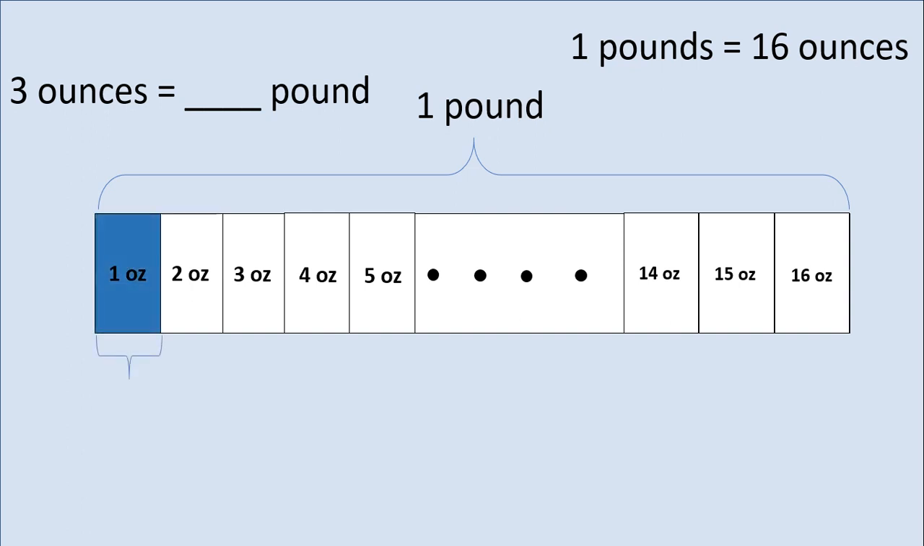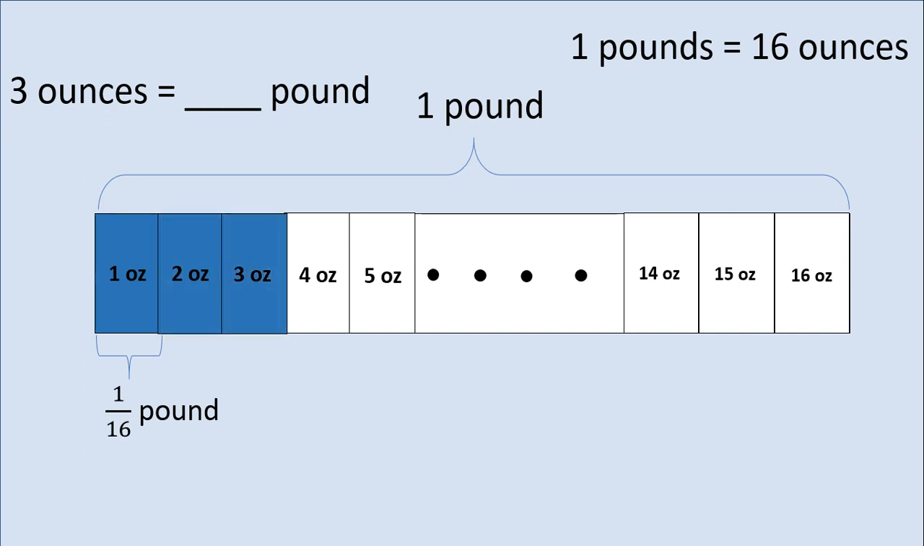Here, each part is worth 1/16 of a pound. But we don't want to know the portion of 1 ounce, we want 3 ounces. So we're going to highlight 3 parts. Here we can see that this is 1/16, 2/16, 3/16 of a pound,